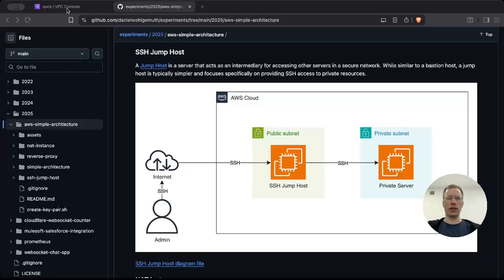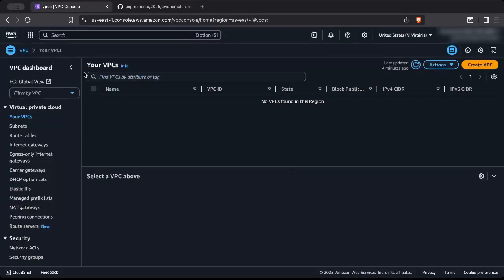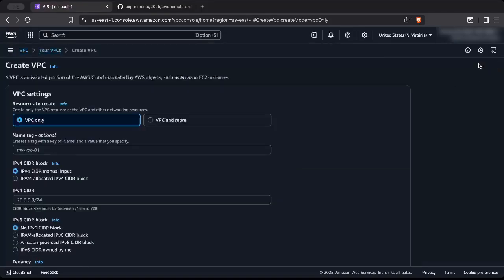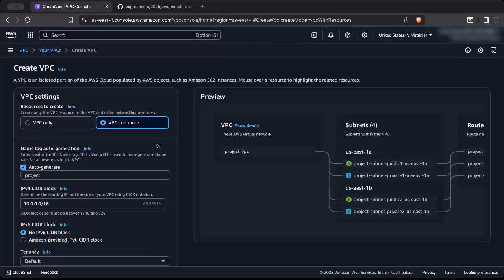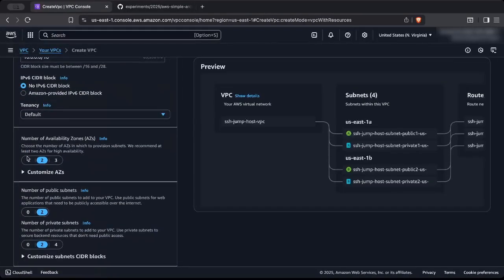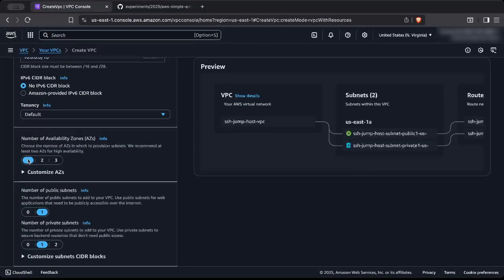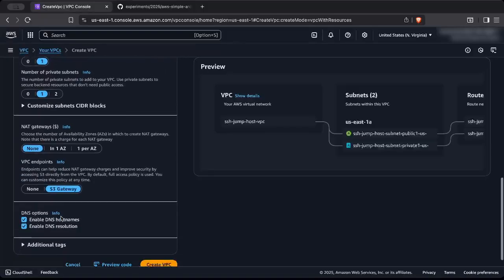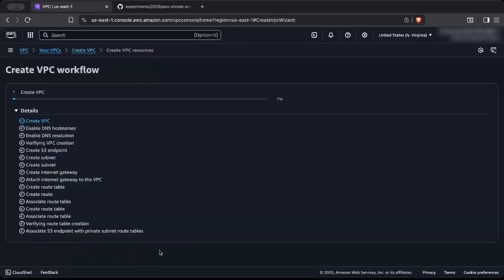So to start, let's go over to AWS and create a VPC. We'll select VPC and more and call this SSH jump host. We'll change the availability zone to 1 and leave the remaining defaults as is. And so once this is created,